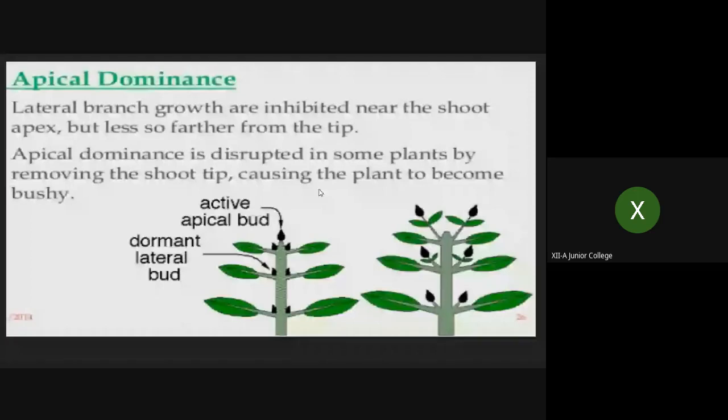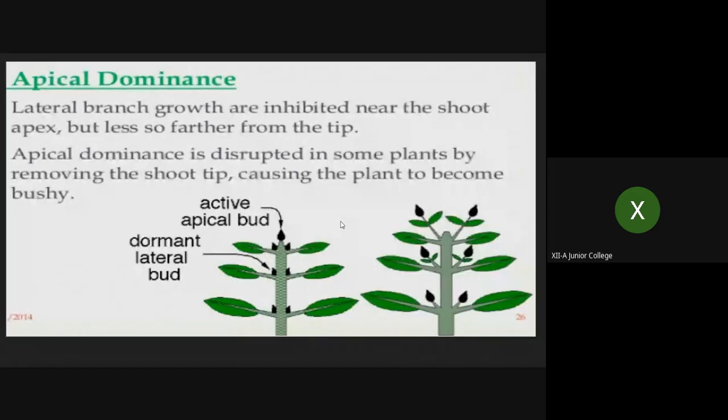Now, if you see, even in the gardens, you might have observed that these different types of plants which are considered to be showy, they are pruned. Pruning is a very common practice in horticulture. That means what is done? The apical regions are cut and the plants are made into a different shape. That is another thing. But as the apical regions dominate the lateral growth of the branches, these apical regions are cut. That is what is called pruning.